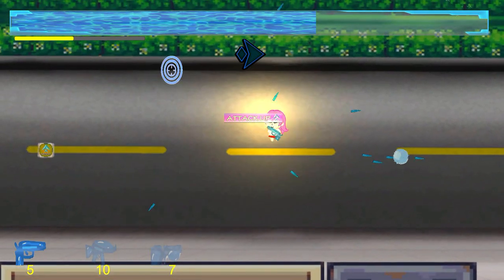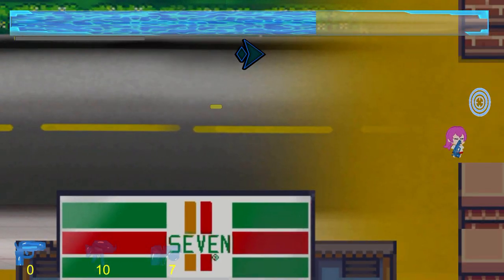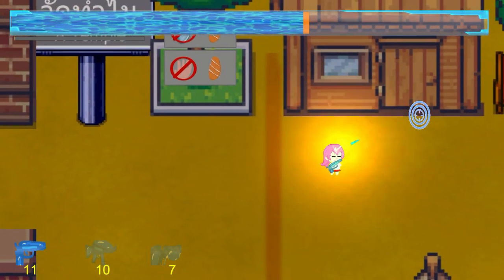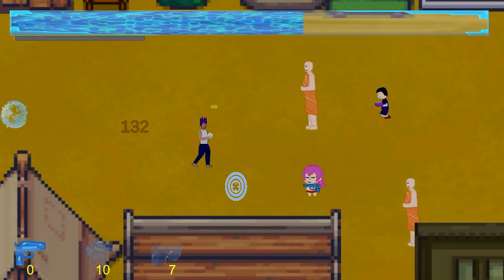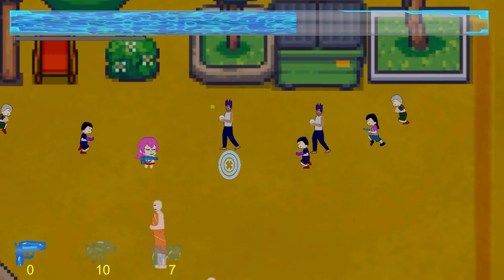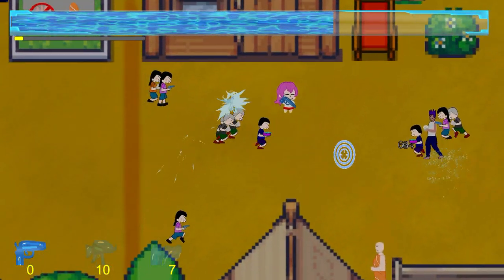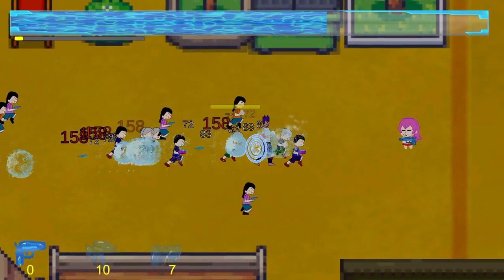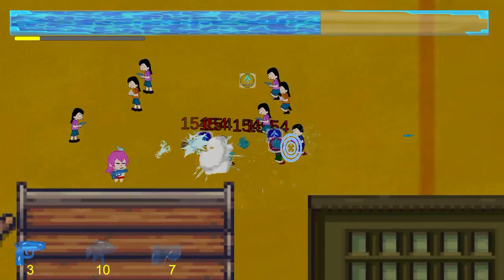Yay, well I got Frenzy just in time to unlock the next area. Which, apparently the road goes straight back onto the beach? Or a temple. I am now in Cambodia. Or someplace. Don't hate me, I don't know what this is, where this would be. The monk is not trying to attack me. He also does not take damage. They're also fully into the part of the game where it's like, we need to make it harder. Put more enemies. Which wouldn't bug me as much if it wasn't for the fact that there's so much...